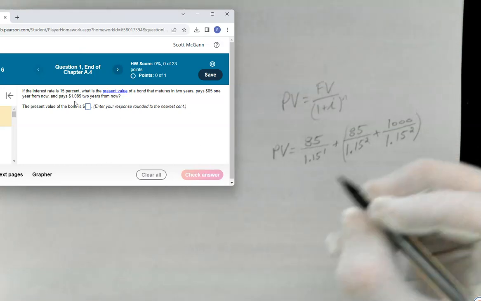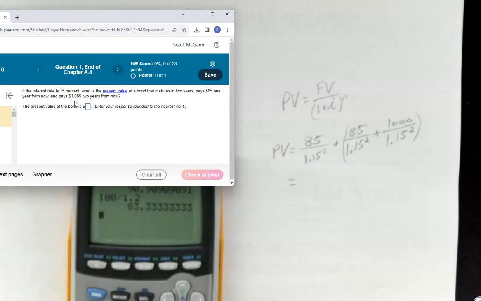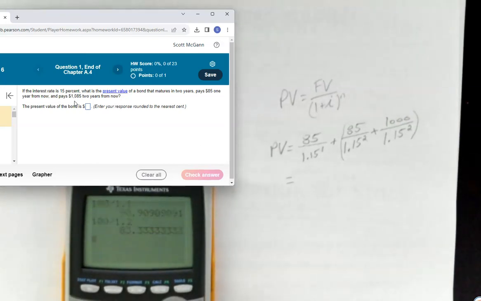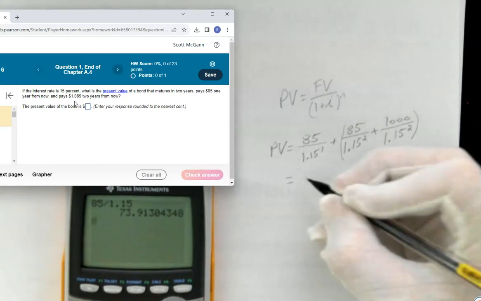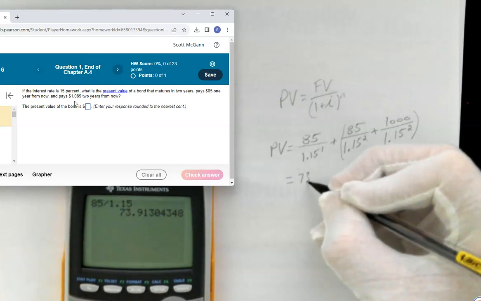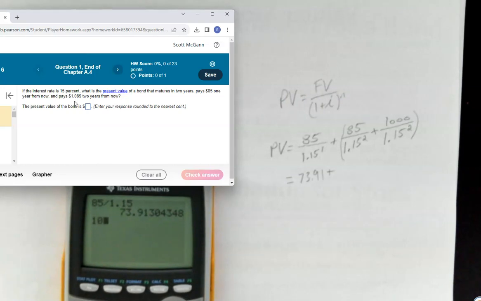Okay, so now we've got that, now we can do the calculations. Let's get out our calculator here. And let's see. So we've got 85 divided by 1.15. So that's going to be 73.91. We're going to add to that 1,085 divided by